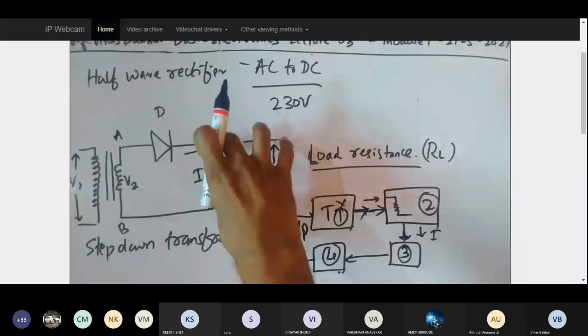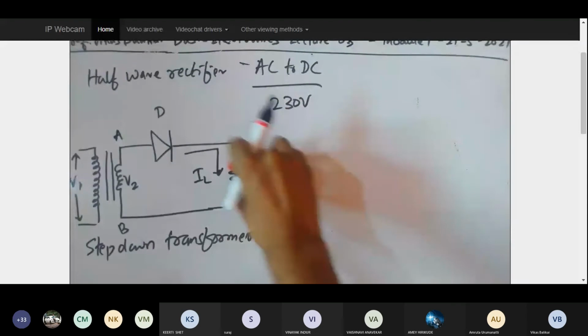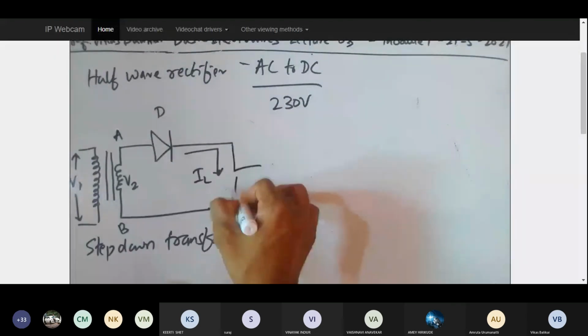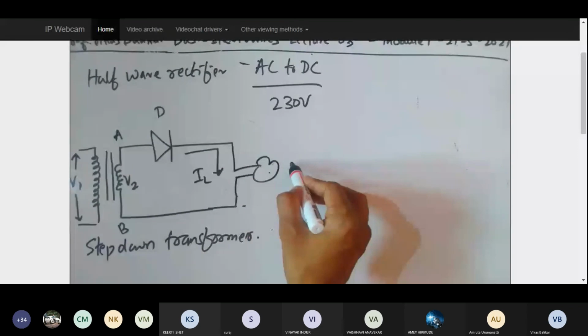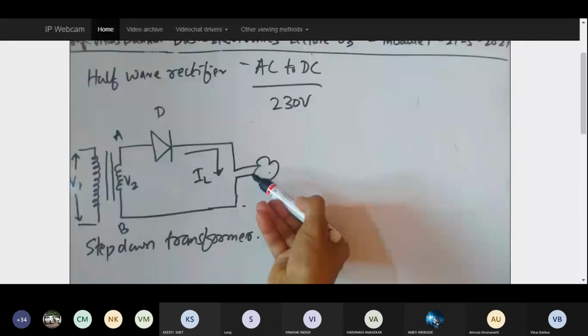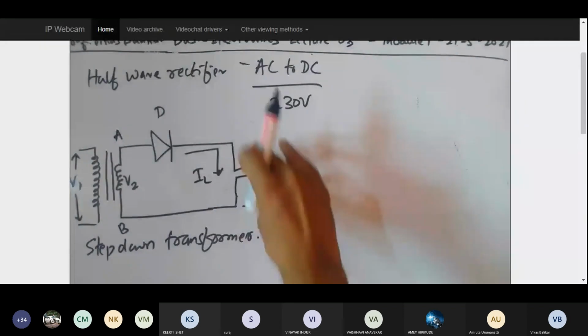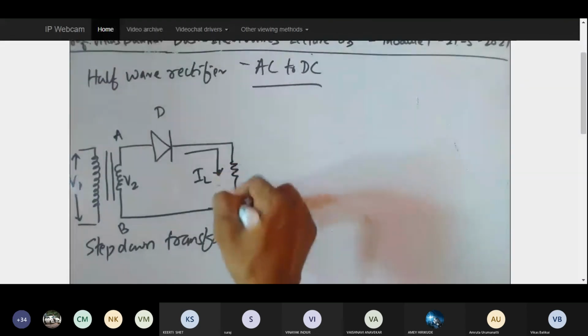Now suppose, for example, let's say that instead of a resistance, I apply a bulb here. So let's say I just connect a small bulb. Then whatever resistance this bulb is producing to the flow of current, that behaves as my load resistance. So whatever I connect next, whatever resistance it opposes to the flow of this current, that is my load resistance. Because I don't know what will be the next thing that I'm going to use, in simple terms I'm going to call it a load resistance. So this is the meaning of that.